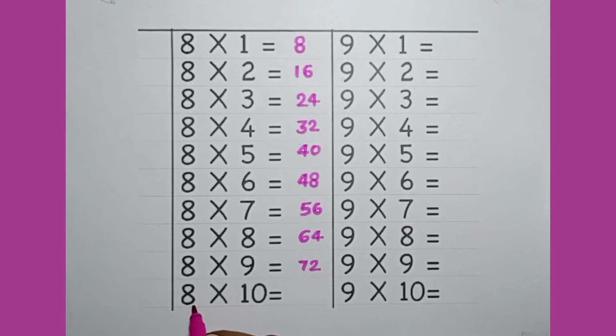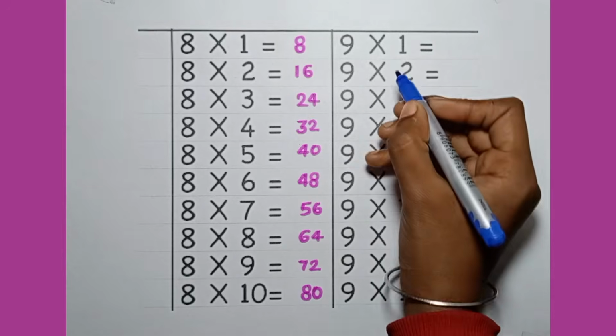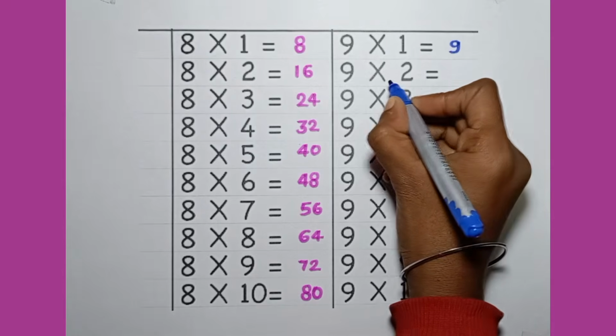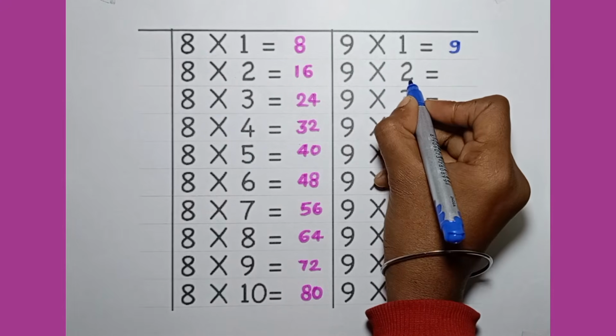72. 8 into 10 is equal to 80. 9 into 1 is equal to 9. 9 into 2 is equal to